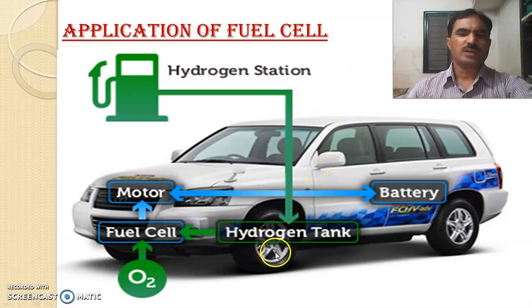We can refill this hydrogen from this hydrogen station into the car. So if this hydrogen is available to the car, the car which has a built-in fuel cell, the fuel cell can run with the help of this hydrogen, and oxygen is obtained from the air. So fuel cell can run, generate electricity, and that electricity is directly applicable to run the car, or we can charge the batteries, and with the help of these batteries we can run this car. So with this example, friends, we can see details about the